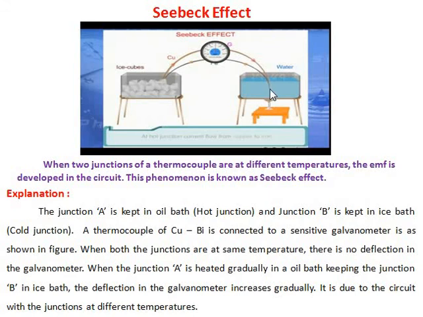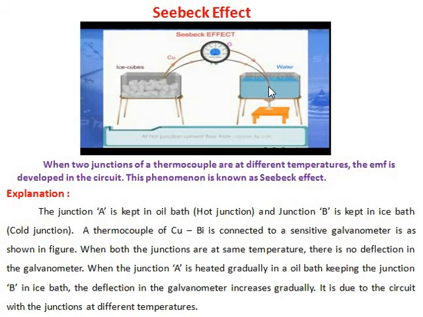Now at this junction, for example, this is the hot junction. The electron density in copper is more compared with the electron density in bismuth. Now they have to move from copper to bismuth across this junction. For example, osmosis, you might have heard, the same process takes place here. The electrons are moving from higher concentration to lower concentration, so they can easily move from copper to bismuth by taking the heat energy from the hot bath.